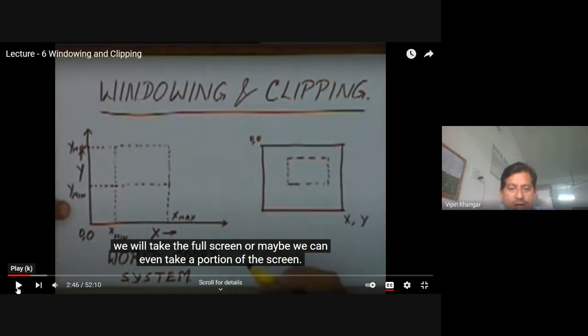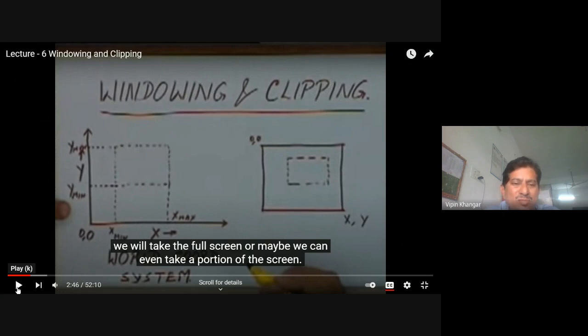So you can see clearly, sir has very clearly explained this thing which you have already seen on our slides. Basically the world coordinate system is infinite. On the left hand side is the graph being displayed. It is infinite, but out of that infinite, we have chosen some finite portion in the world coordinate system that should be represented by those boundaries, that is x minimum and x max.